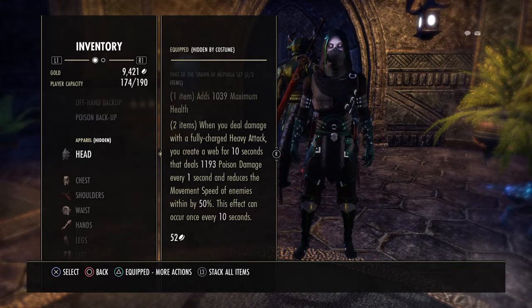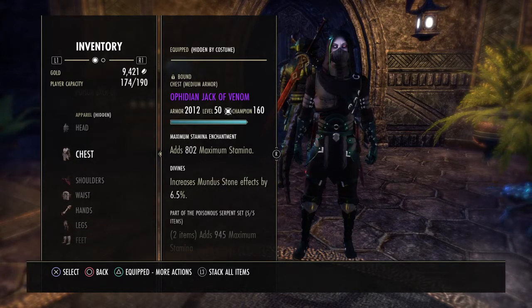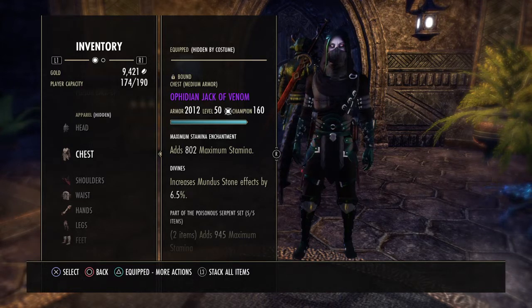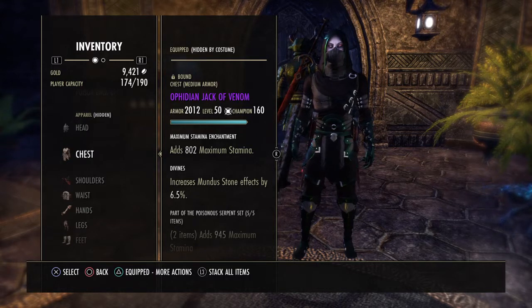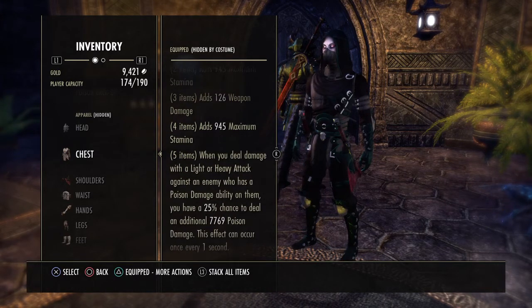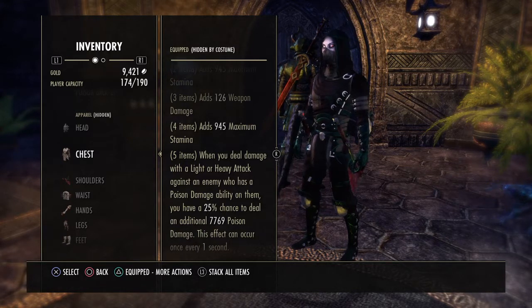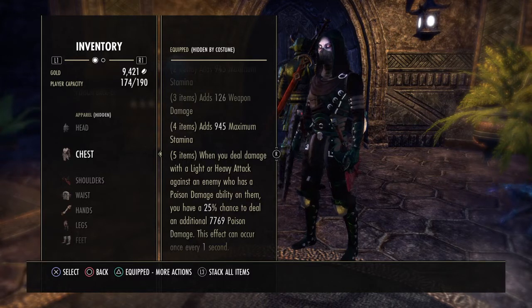With this build, I'm going to be doing a lot of heavy attacks because I'm going to be using the Ophidian Venom set. Now, this is divine stamina. I'm still looking for my infused, hence why my crit's up a little bit high, but once again, I don't mind it. This set gives me max stamina, weapon damage, adds another max stamina, and when I deal damage with a light or heavy attack against an enemy that has poison damage on them, I have a 25% chance to deal an additional